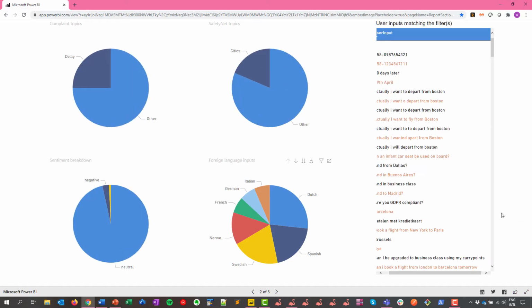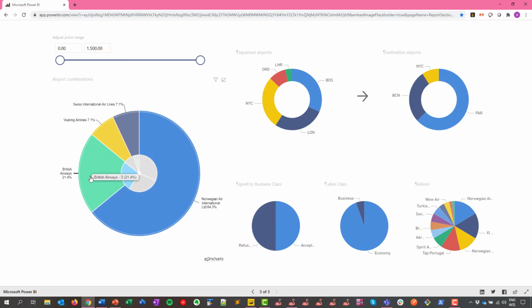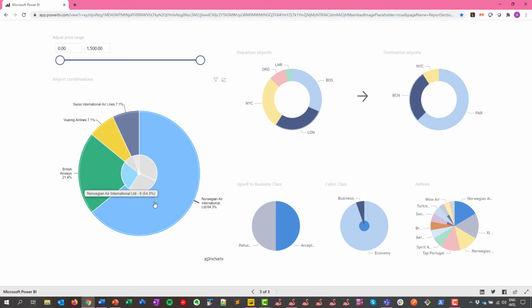So again, all of these will help improve the solution according to very specific customers' needs and behaviors. Finally, the third canvas is about the business. So we can see here most frequent origin and destination requests with airlines and prices information. So for instance, if I click on this origin destination pair, London-Barcelona, I can see that there are several airlines